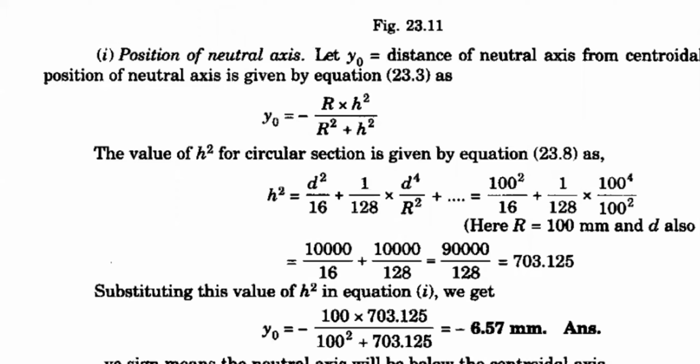Please identify it by opening your notes, already circulated, that consist of derivations and h square values. Have you observed the equation? H square value is d square by 16 plus 1 by 28 d power 4 by r square. Have you observed it in the circular cross section, page number 15, in your circulated notes? You already know what the d value and the r value are. Please substitute in the given formula and tell me the answer, whether it is correct or not. Please verify it.